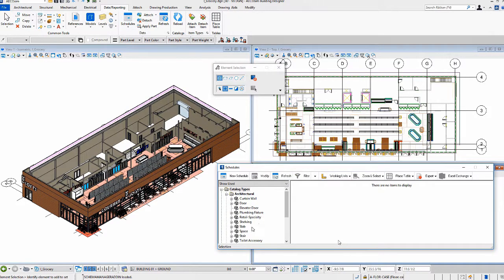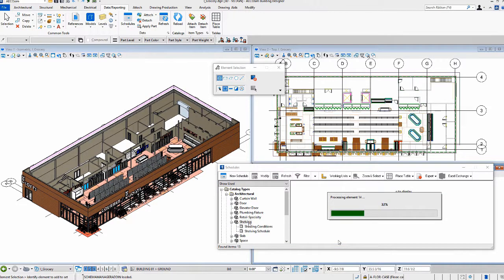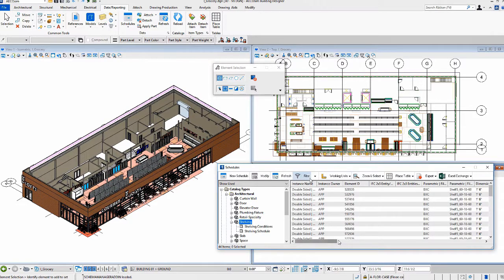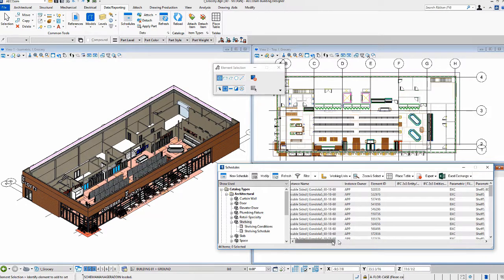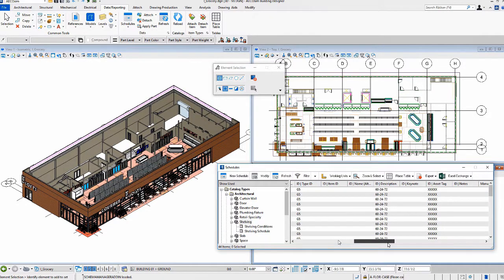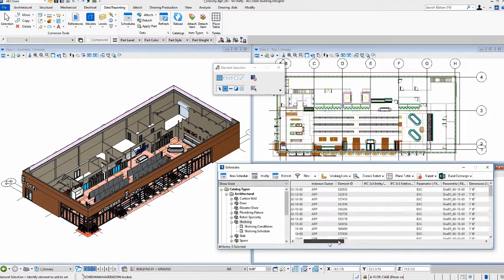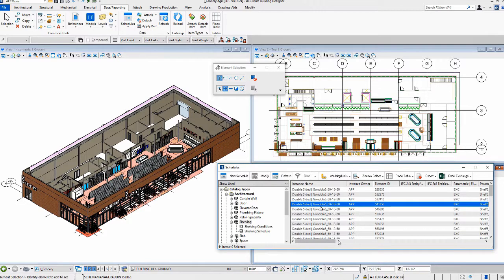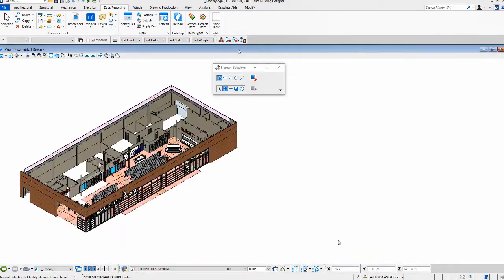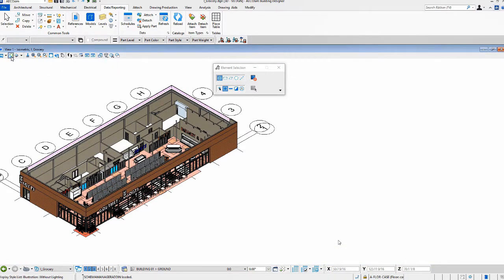We have retail specialty and shelving. The shelving units are the gondolas in the center of the grocery store. And as I scroll across, you'll see all the properties on the gondolas that were placed on the objects while they were placed, or you can go back and add data. So there's all the classification of MasterFormat, UniFormat, OmniClass. As we select some of the gondolas, they highlight in red in the top or the isometric model view. So just under the hood, there's a lot of data on the objects, and we can use those in our